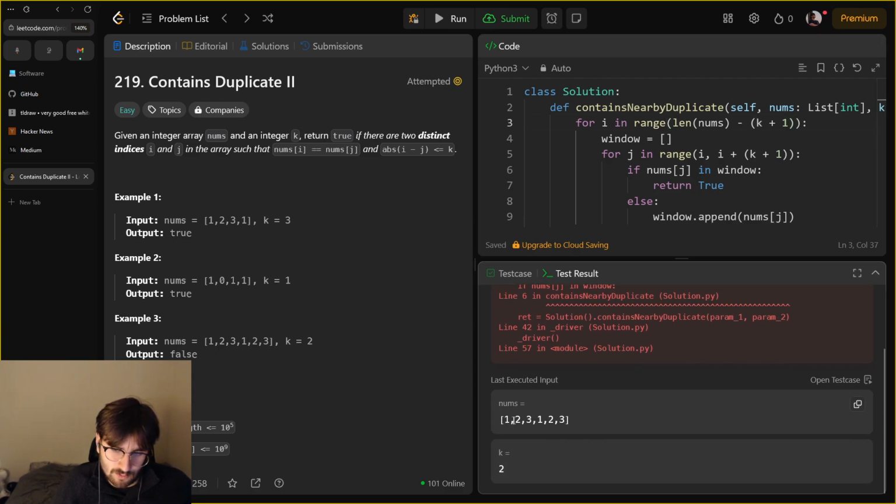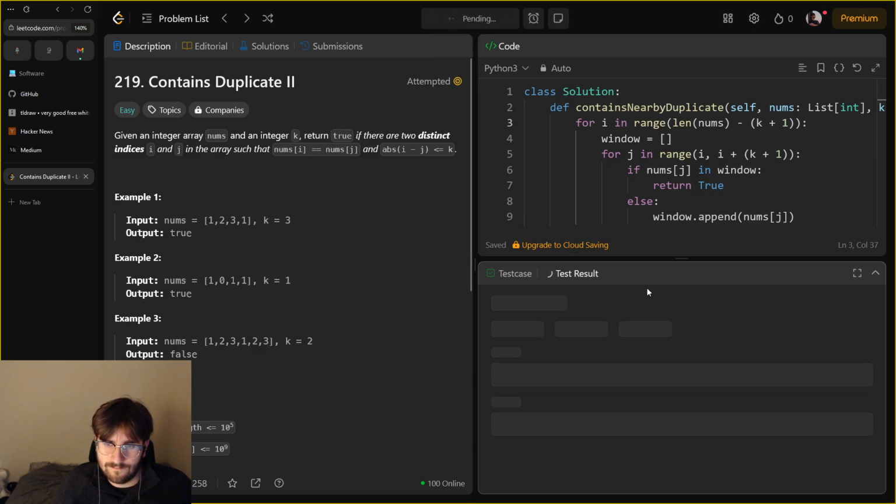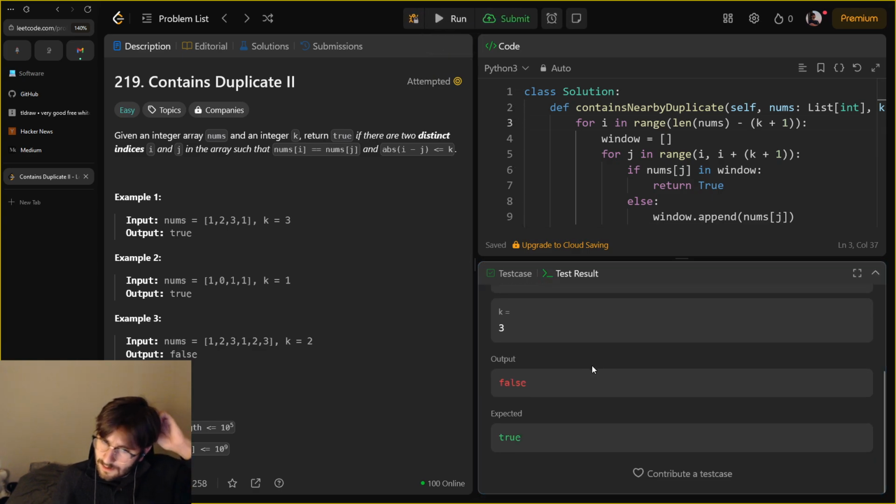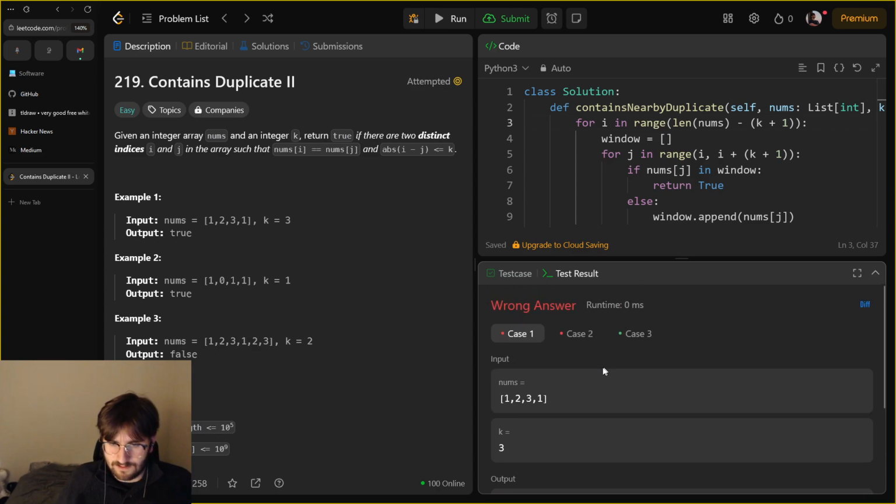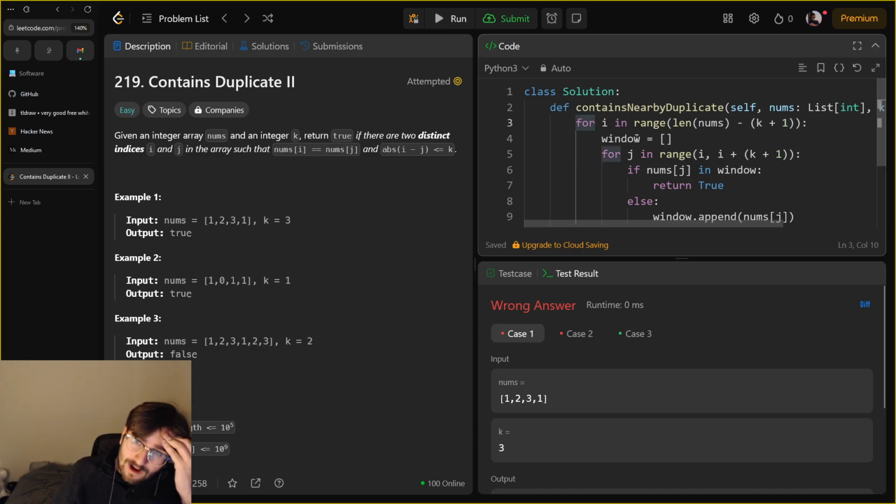Minus, so 1, 2, 3, 4, 5, 6 minus 3. Yeah, let's test that. Okay, so the output was false and it should have been true. So if k is 3, we're saying for i in range of,